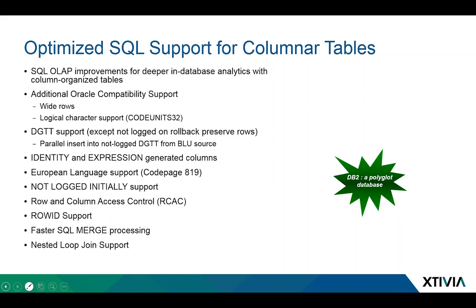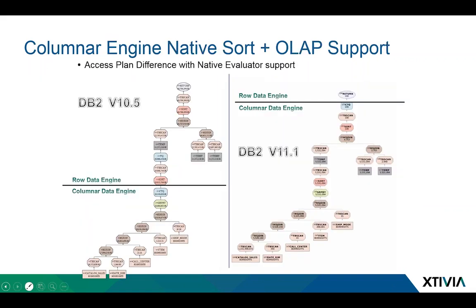some faster merge processing. So when we're looking at explain plans of queries in BLU, one of the things we look for is what I call the blue line. We want this line, this blue line, which defines what happens in the columnar data engine versus what happens in the row data engine, to be as high in that explain plan as possible. And in DB2 10.5, there were a lot of things that would force us out of that columnar engine into that row engine. And in DB2 11, there's a lot of things that have been added so that